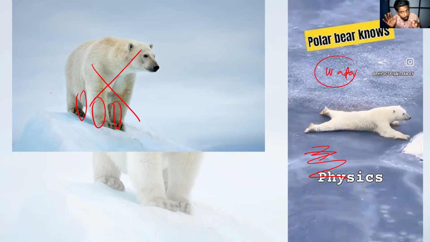Did you get the idea why they crawl here? Why do they crawl here? Because when they are crawling like this, the surface area increases and all the body weight will be dispersed. But when they are walking, all the forces will be exerted through the legs. No? So when they are walking like this, all the weight is exerted through the feet. It will be converged. So here we will have high pressure